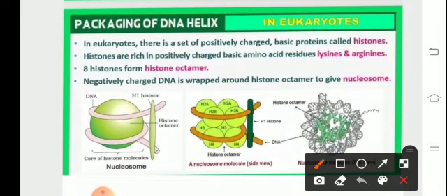So we can see that the DNA which is connecting one nucleosome to the other is the linker DNA. Here the DNA is depicted in pink, and the globular structure given in green is the histone octamer. That's the core of the histone octamer formed by the 8 components of the histone. They are arranged as a pair of H2A, H2B dimers. So H2A and H2B exist in 2 copies each, along with 2 of H3 and 2 of H4. That leads to an octamer.